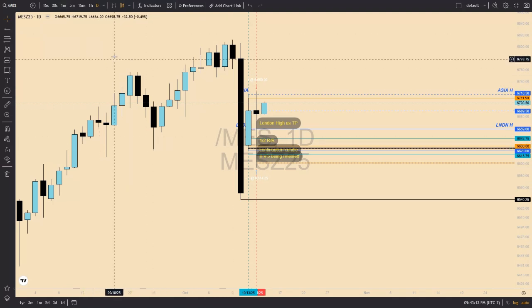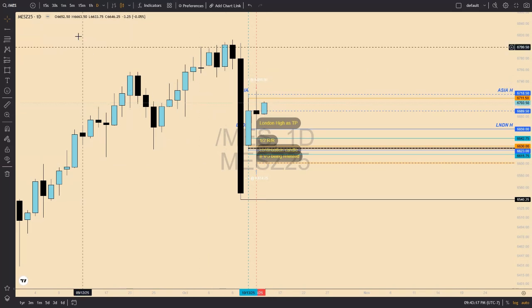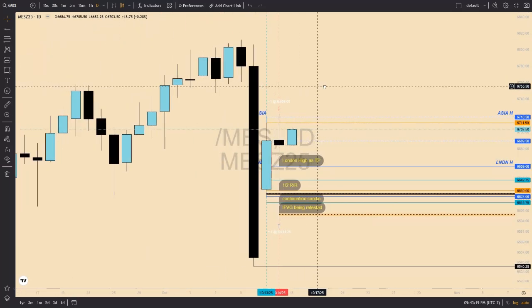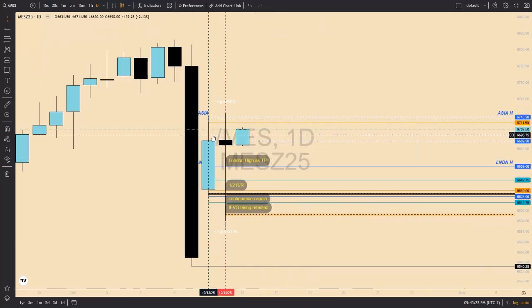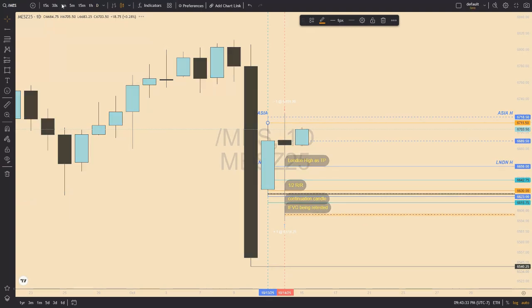First, I'll show you how I set up the chart. I like to start on the 1-day time frame, and it's pretty simple. All I do here is I find yesterday's candle, which is right here. I mark out the high and the low, which are these two orange lines. After that, I come down to the 1-minute time frame,